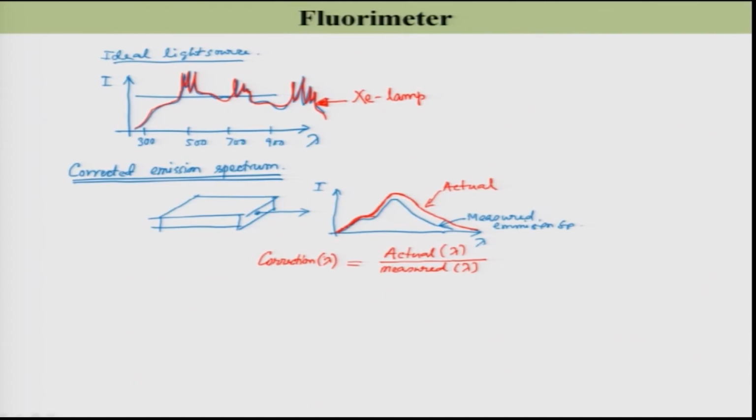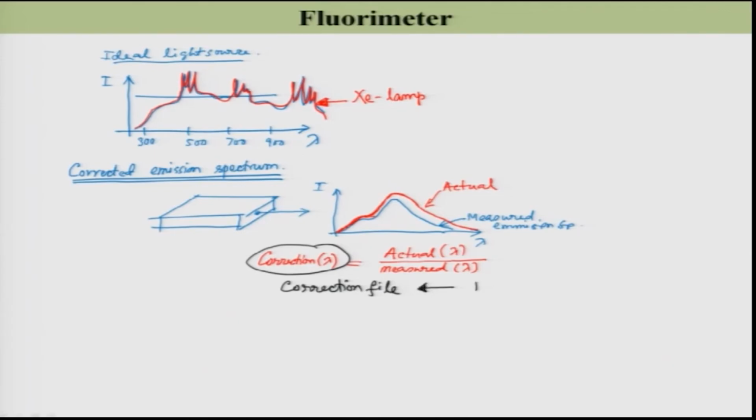That means, whenever you are going to measure some spectra, you simply have to multiply your spectra with this correction file. And whenever you are going to measure a new spectrum,